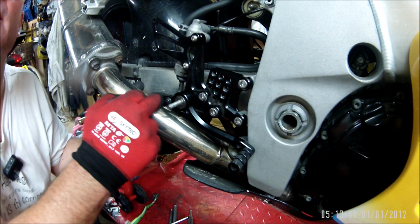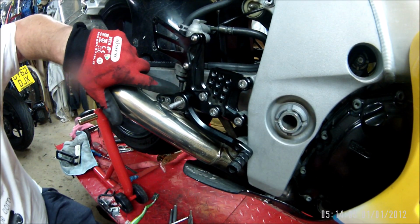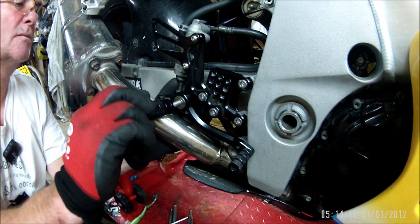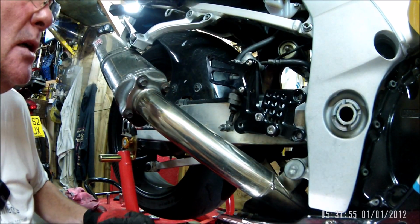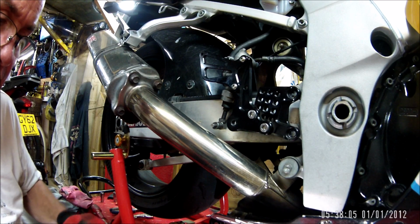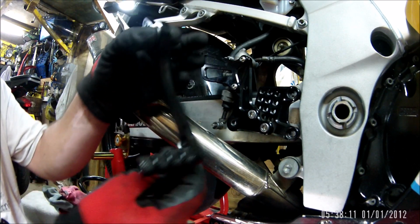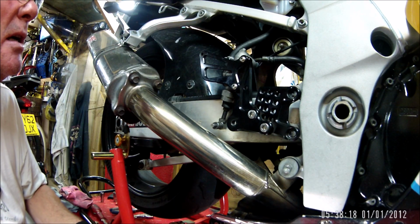Thinking about cutting a bit off the back end as well, because that's just knocking the exhaust. I think in reality this arm here wants to come back one as well. Okay, in hindsight, I'm not going to put any grease on the arm or anything, because that bearing should be good enough. Yeah, it's a little bit graunchy. Anyway,